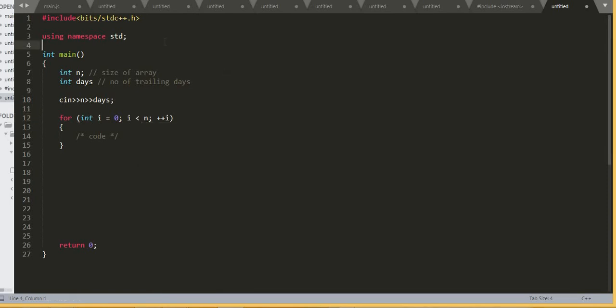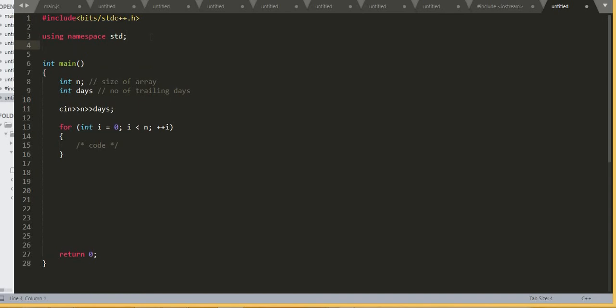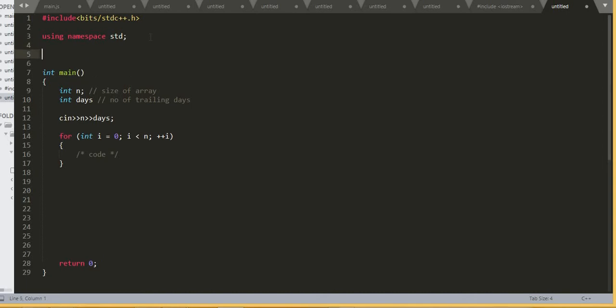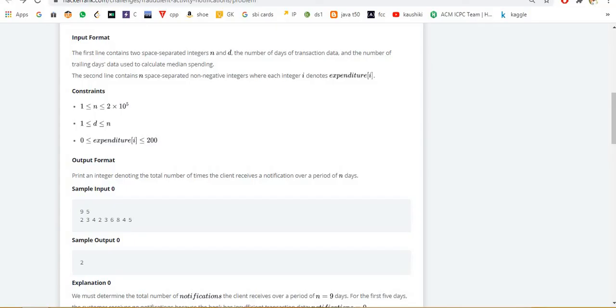I generally don't use a global array. However, in this case, because we are creating a function that needs to be called every time, I'll declare a global array here. So let's say int array of size, let's check, they have given max value 2 times 10 raised to 5, and for expenditure 200.